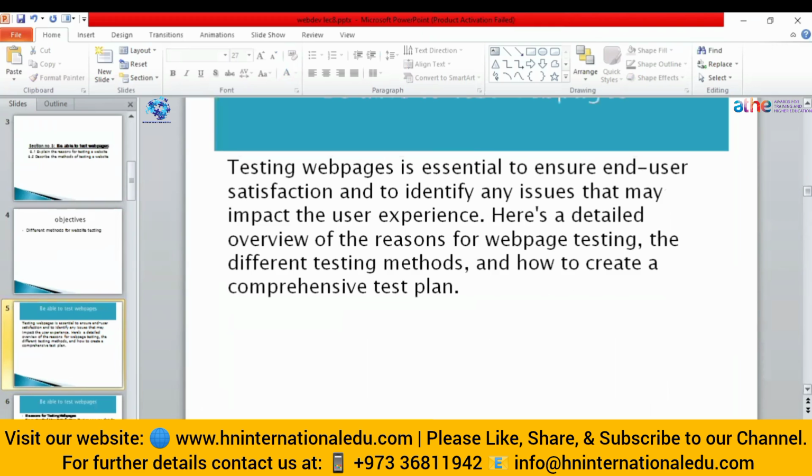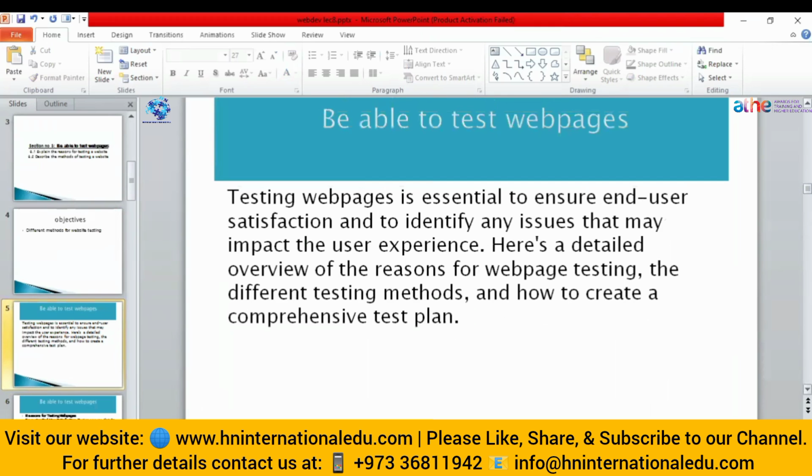So, in today's lecture, let's assume that we have created web pages. We have deployed, before deploying a website, we have connected our website with a database, as I showed you in the last lecture. Now, in this phase, we have to test the web pages. So I will tell you some different tools, and we will also test a website just to show how we can create test plans for the website and how we can test the web pages.